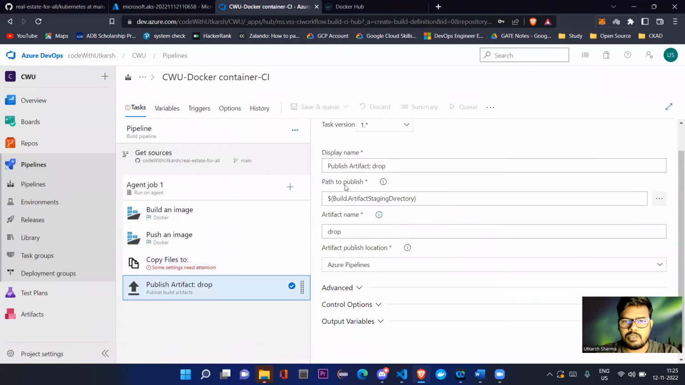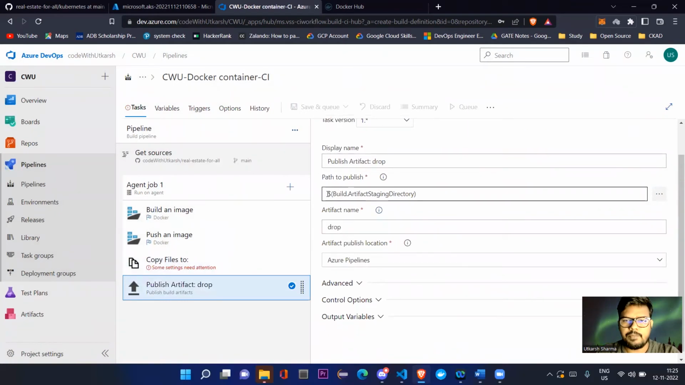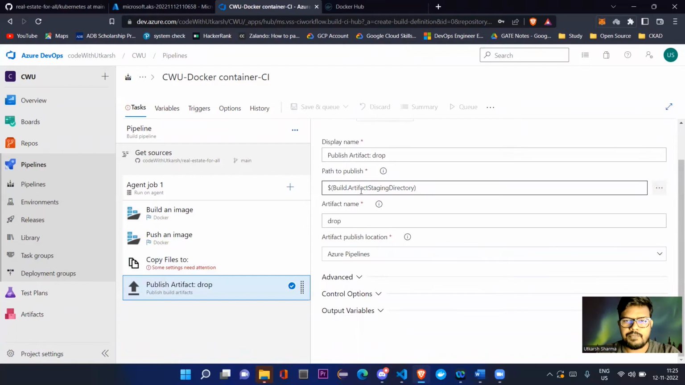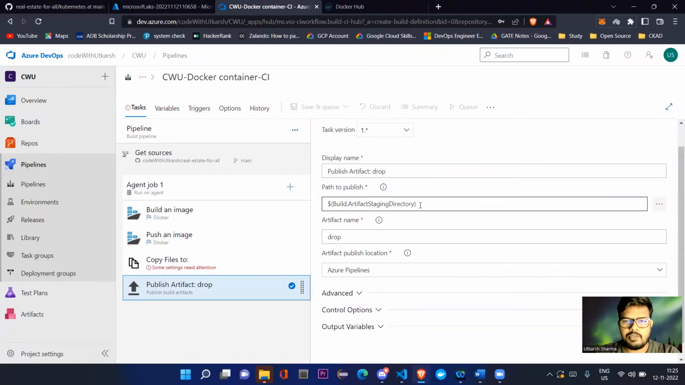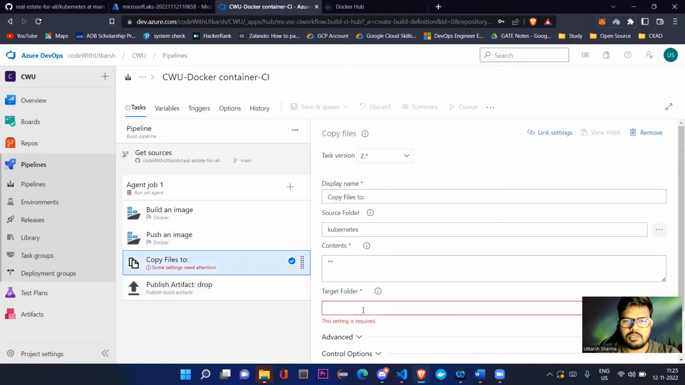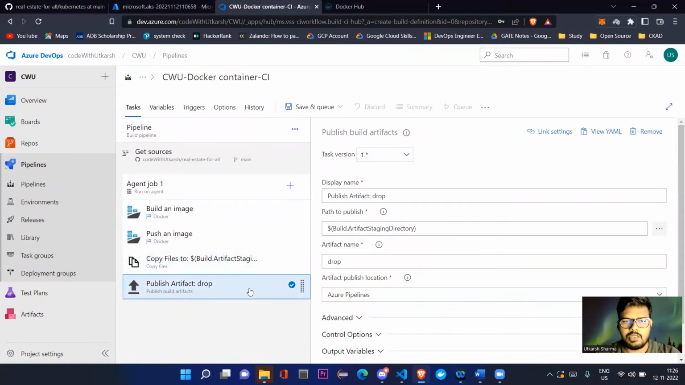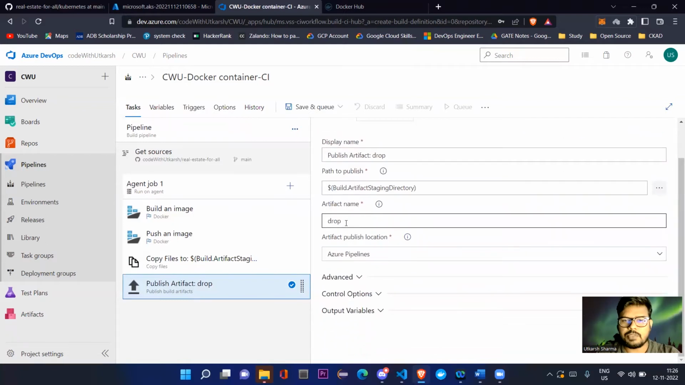Here we can see, okay, so this is the path. This is the path to publish. I'm going to say the artifacts that will be published will be taken from this directory. So what we'll do, we'll add the target folder to this one. Now this task will pick up all those build artifacts and push them to